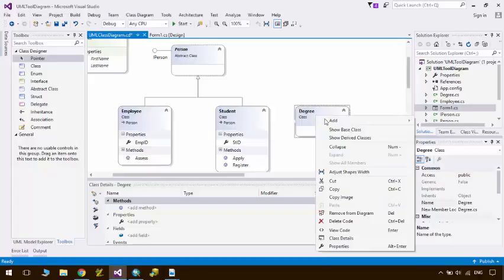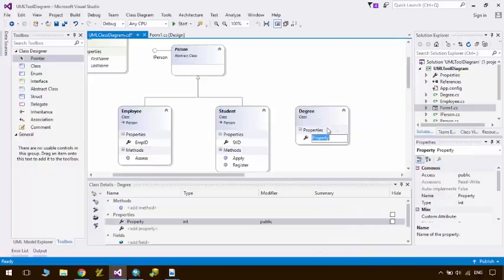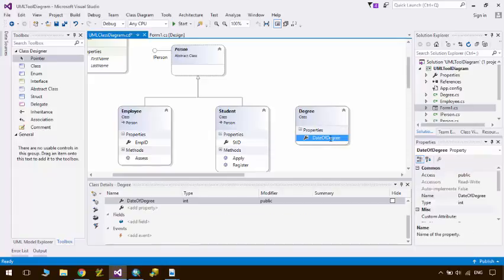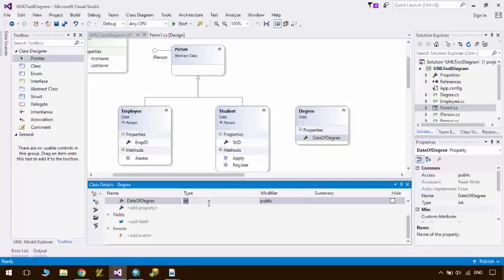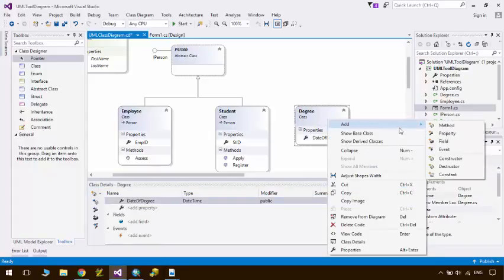Each degree has a property of date, date of degree is better, date of degree, type of date time, and then add a property of